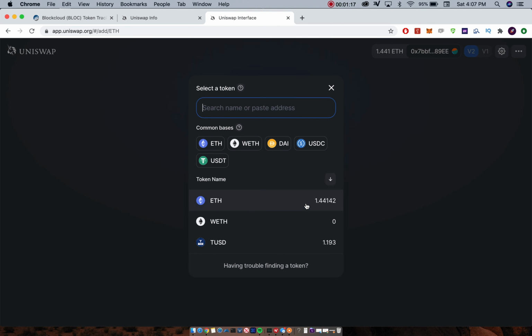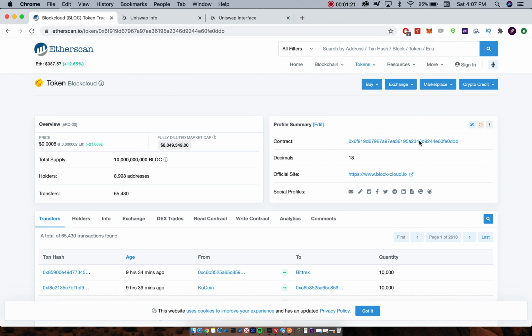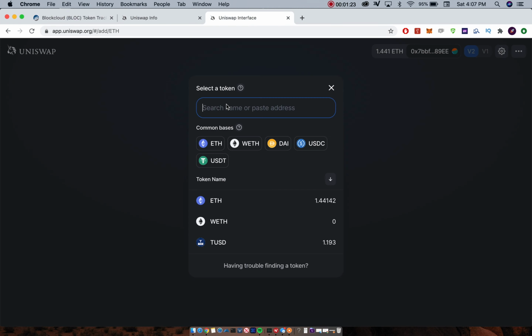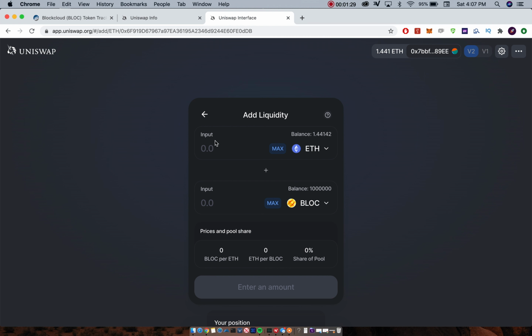and I will select a token, and I will add a token, which is the contract address, remember, from here. So let me do that again. I copy and paste, and here it is. BLOC Cloud, I have 1 million in here. So what I want to do is add liquidity, you want to add it from a 1-to-1 ratio. So if I do a maximum of ETH, I need 1,003,031,000. So I don't have enough BLOC, but if I do maximum BLOC, which is 1 million,